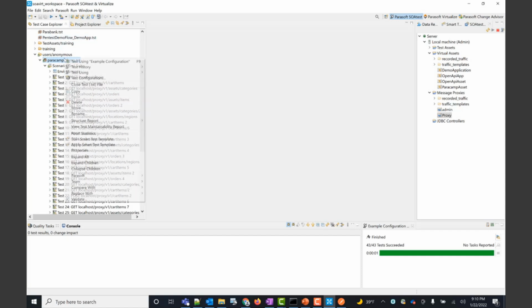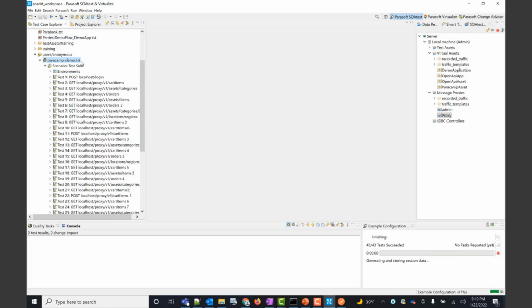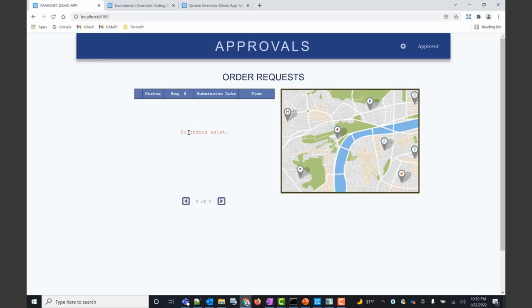We can now rerun this test as many times as we like, and everything processes successfully. Meanwhile, back in our online store, no matter how many times I come over here and refresh or run that test, it's no longer creating incrementing orders because now we're hitting that virtual asset.